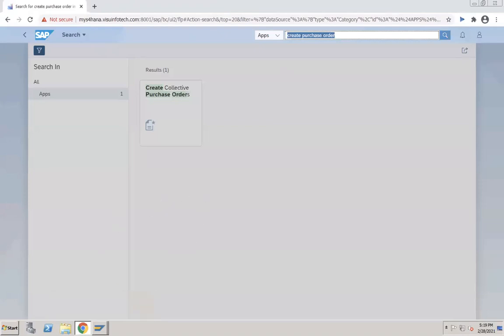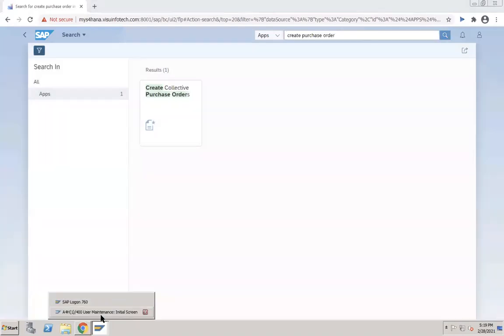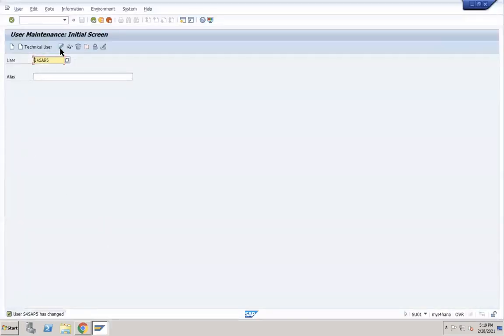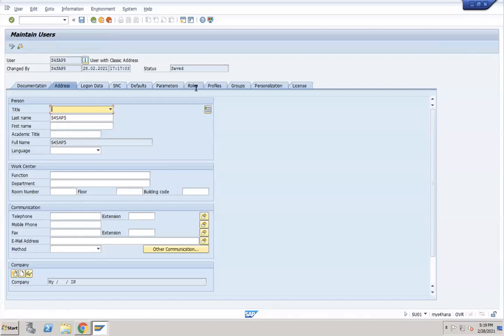Purchasing related activities I can do. Inventory related and accounting related, we have separate apps and separate roles. We will find those roles from the apps library and update them. If I add that role here again, that will appear.